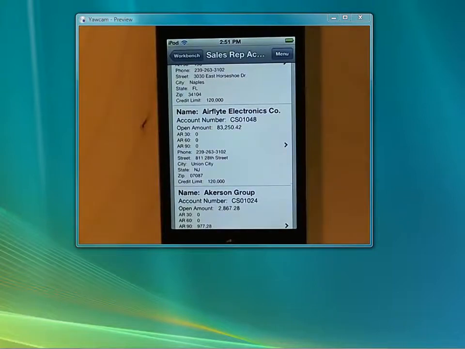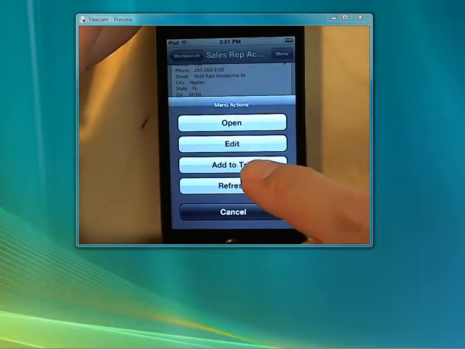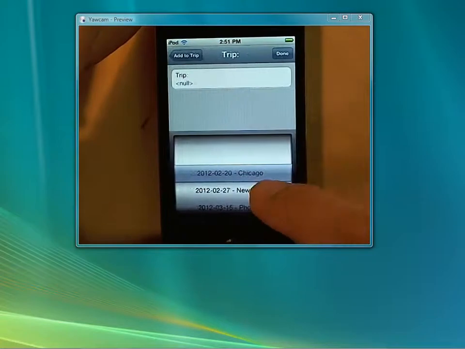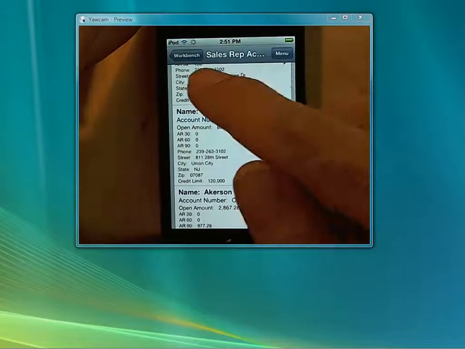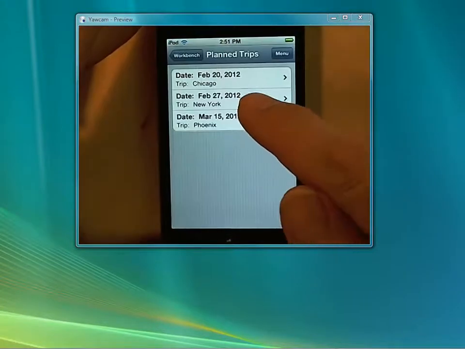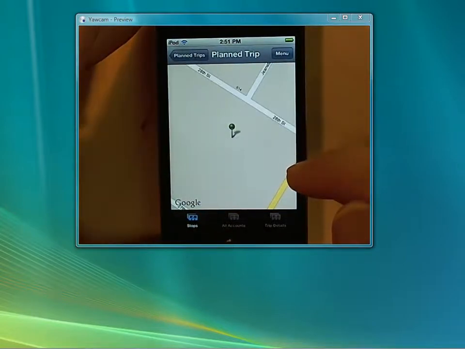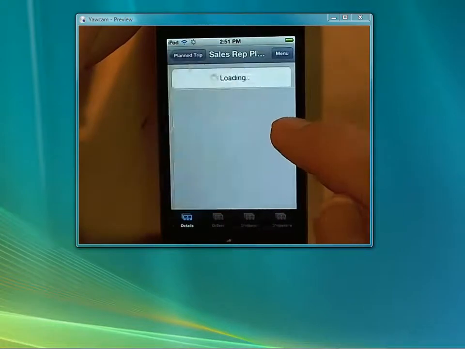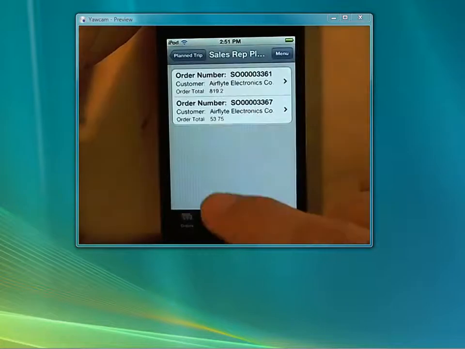Maintenance can also be done from a menu. Let's say this user wants to add this account to his upcoming trip. From his point of view, he simply selects the menu option. Under the covers, Extender calls an API to perform anything a host program can do. Let's go see the result. Here he sees a map showing one location, the account he just selected. Notice it shows 28th Street. He can touch the pin to see who it is, and even drill down to the details for this account